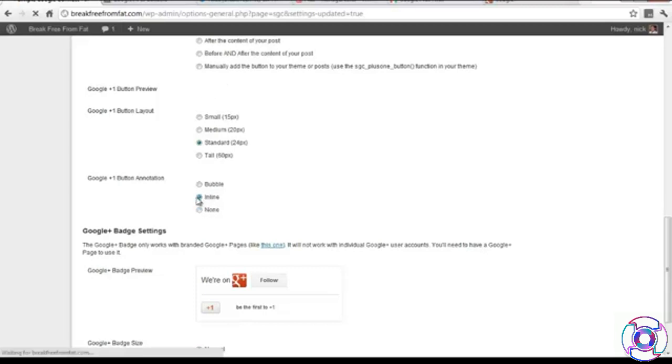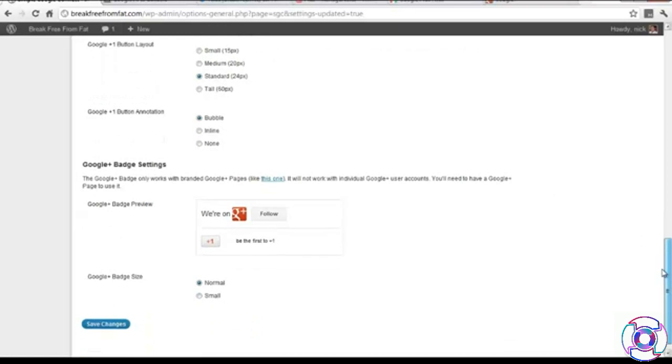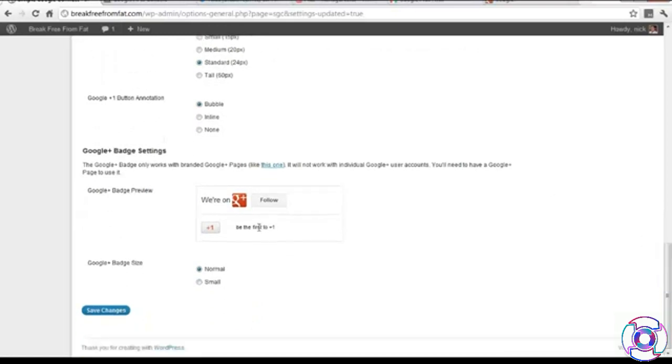So you could have no words. You could have this link or just a bubble. Bubble's cool. It shows how many people have already +1'd you. Okay, and then you come down here, and your badge is actually going to be a widget that we can pull over. So here we can